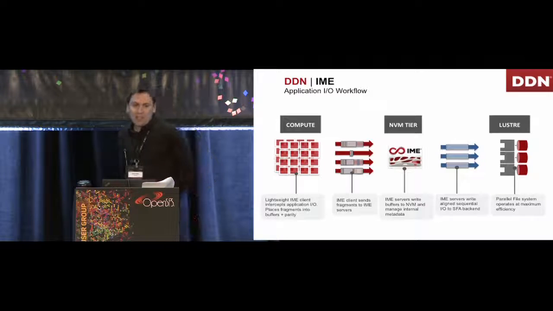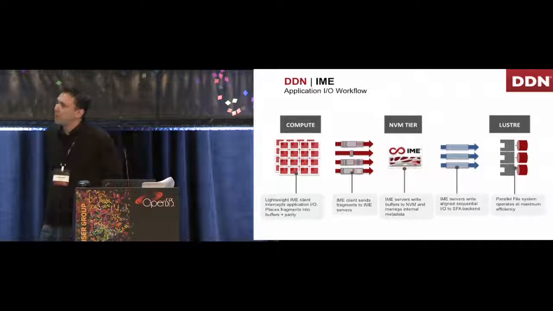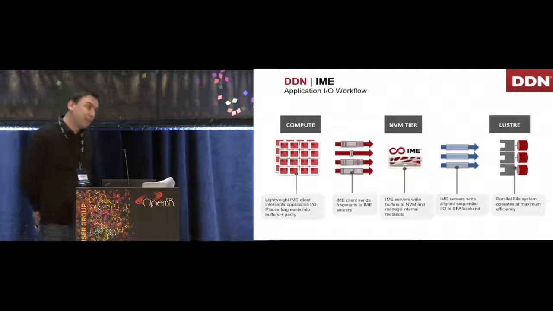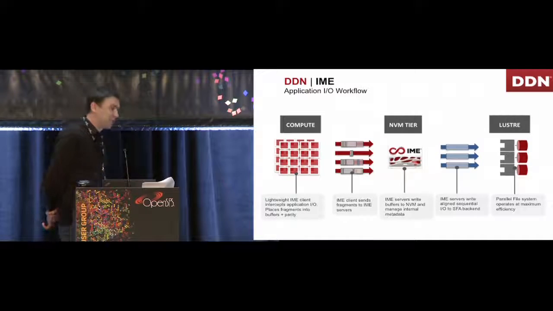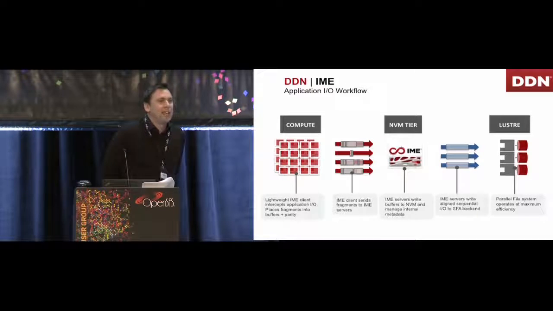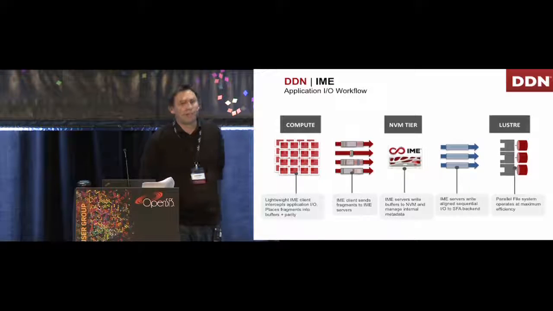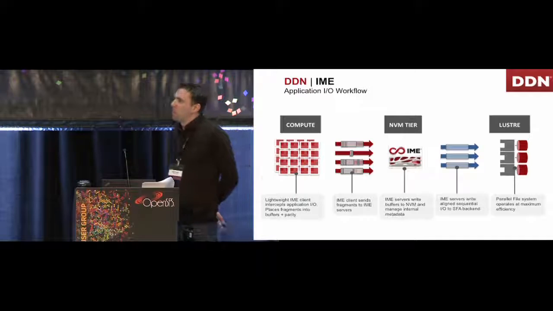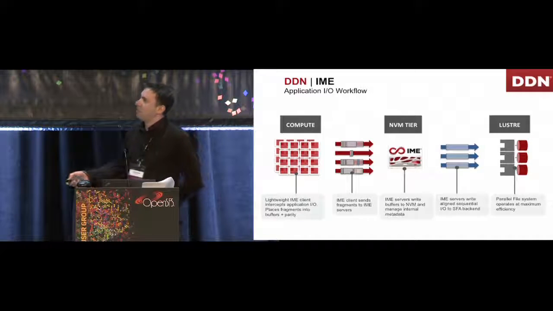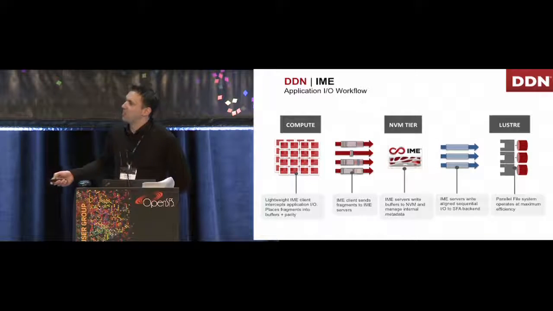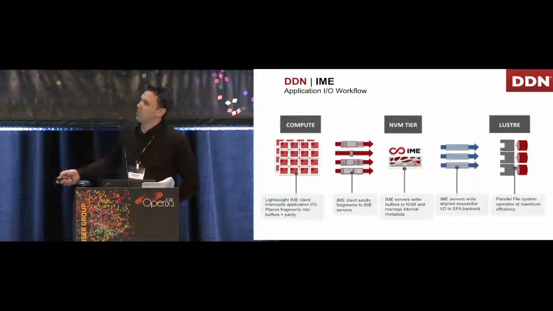And finally, in the last 3 minutes or so, we have IME. If you're not familiar with IME, it's a much more sophisticated system. It integrates a totally new tier in between the compute nodes and the Lustre file system. It works by running an IME client on these compute nodes, implementing a number of servers on the network which have NVMe SSDs inside them. And we intercept all data issuing from the applications, and instead of going to the parallel file system, it goes straight to our IME system.